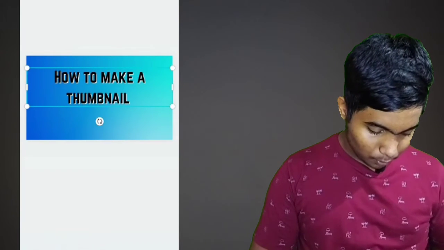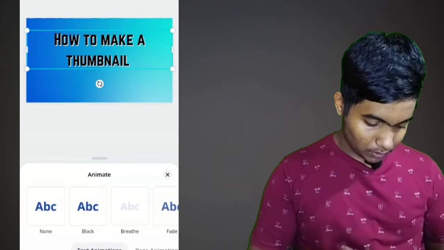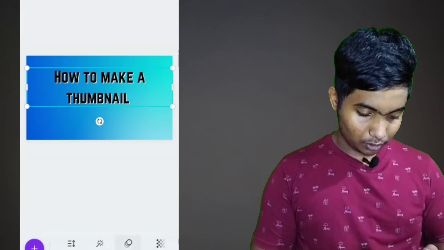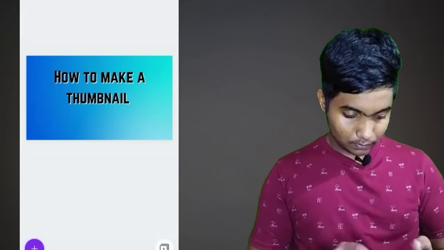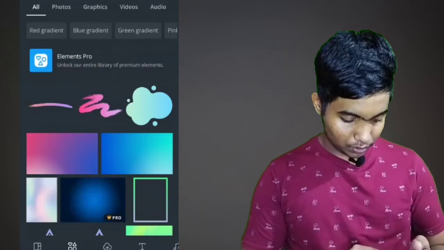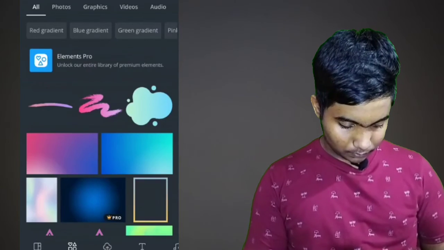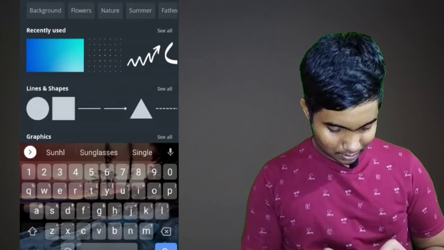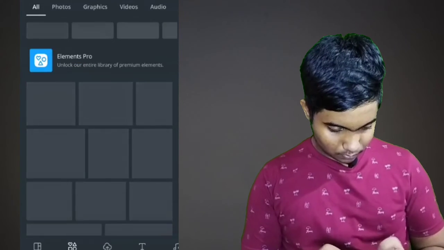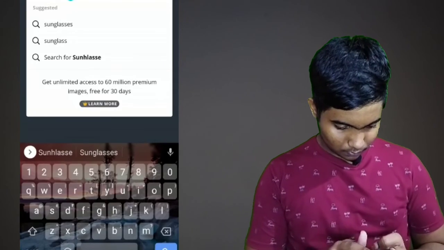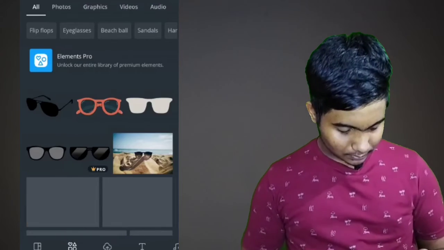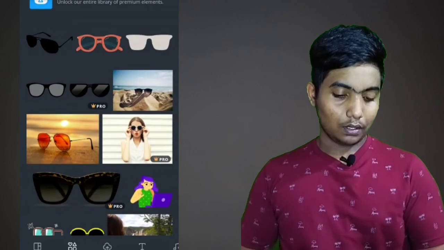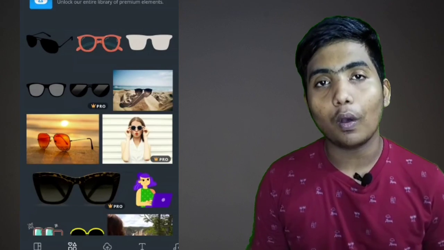So if you go still more, on your web pages, you can create animation. For a thumbnail, it's not required. And there are still more elements which you can use. Any element you want, like sunglasses, you have many options. If you want to unlock all 60 million